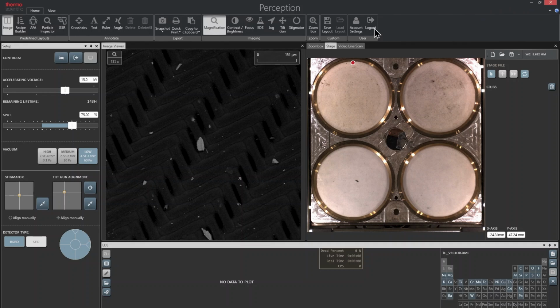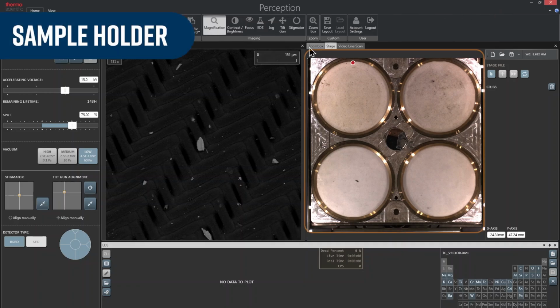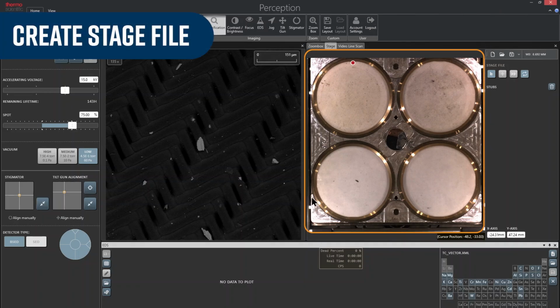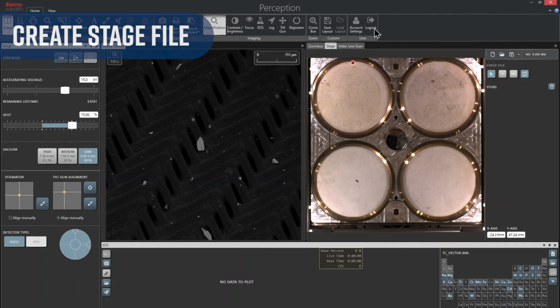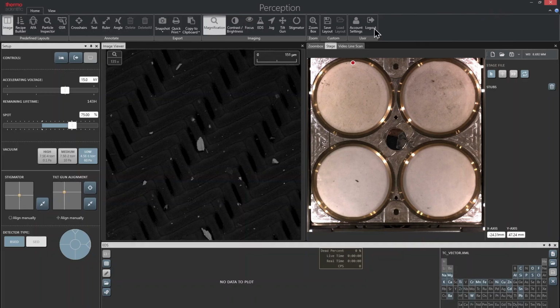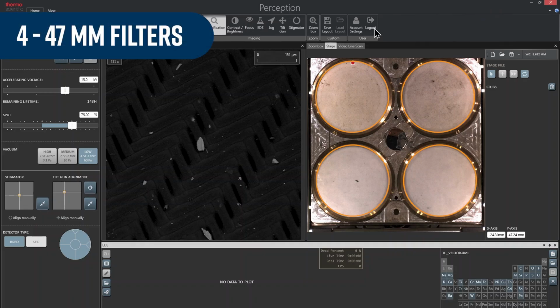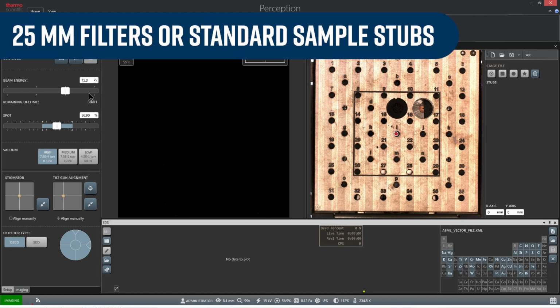This is Perception on a ParticleX-activated Phenom XL. On the screen is a navigation camera window showing the sample holder. This allows the user to create a stage file, which assigns the location for technical cleanliness analysis. This holder has a capacity of 4 47mm filters, but other holders can be used to look at 25mm filters